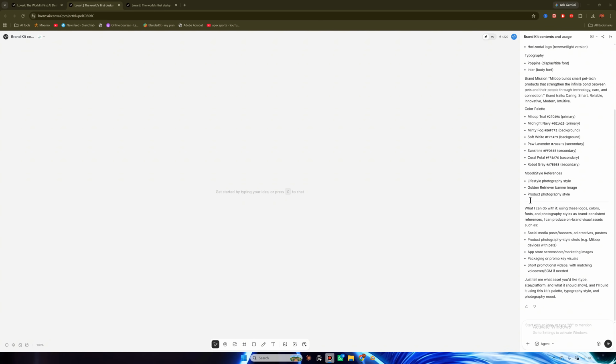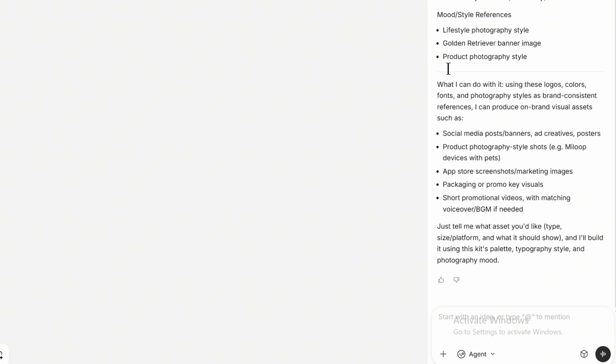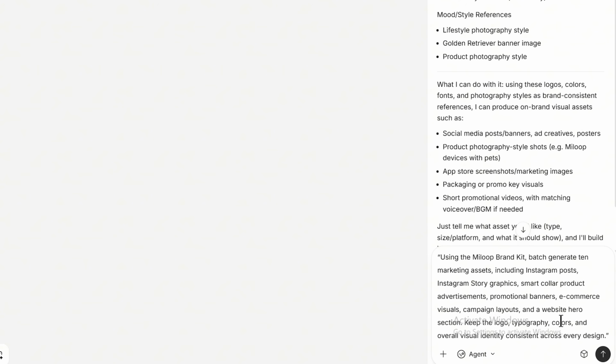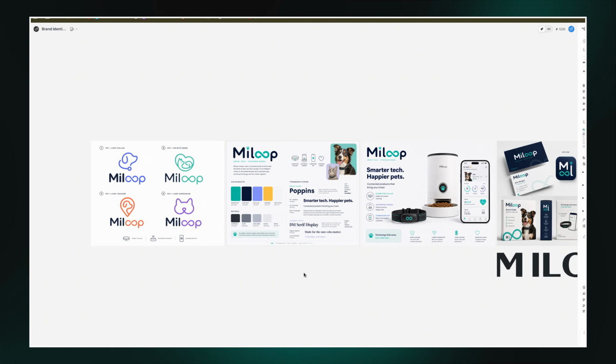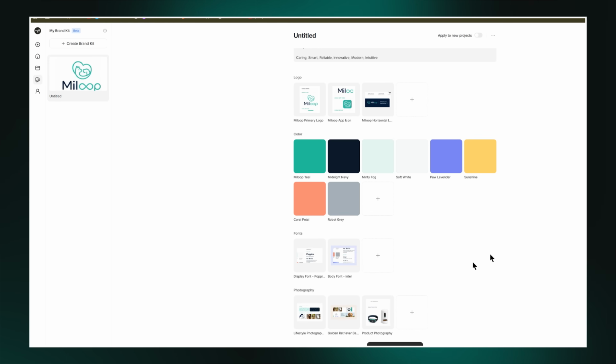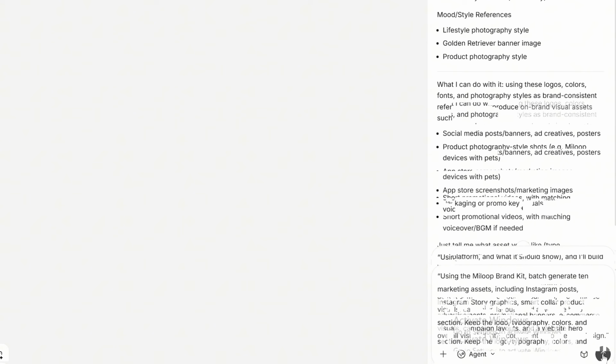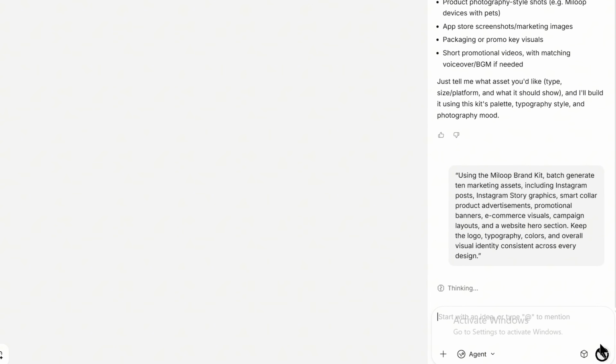So now theme is already selected. So now we need Instagram post and social media designs. So I have pasted a prompt here in which I have told it to create Instagram post and social media design for it, using the brand kit we just have created. So let me give a recap of what we have done till now. At first we have selected the theme, the typography, the name of our brand, and after that we have created a brand kit based on the details that we have given to it, and now we will tell it to generate Instagram and social media posts for us.